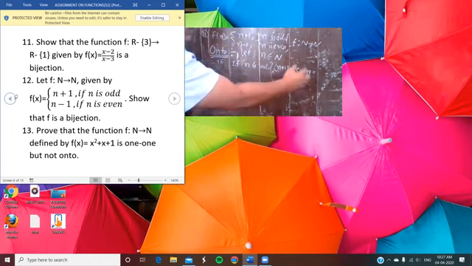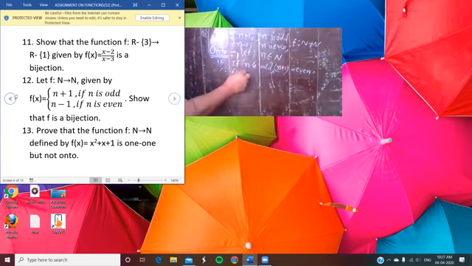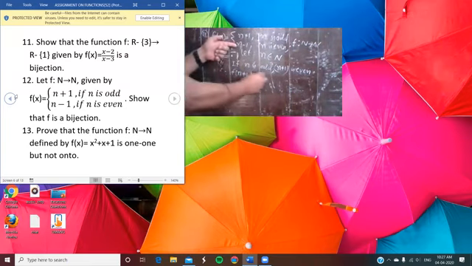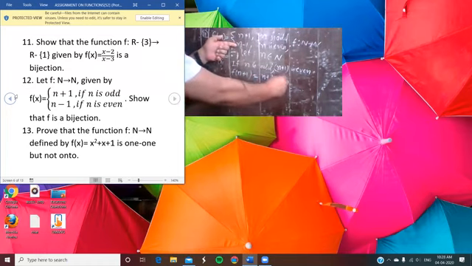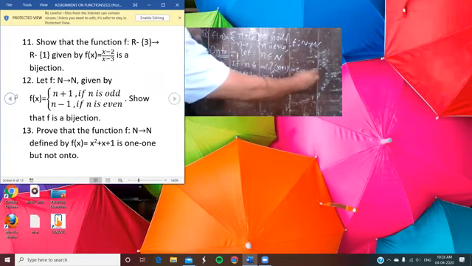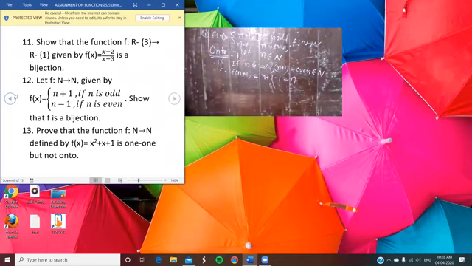So if n plus 1 is even, what about f(n plus 1)? Here you're trying to find the value of f(n plus 1) for even, and for an even number it is defined as n minus 1. So you can write n plus 1 minus 1, and the result is n. So f(n plus 1) is equal to n, and that also belongs to N. And that n plus 1, which is even, also belongs to N, that is, in the domain.